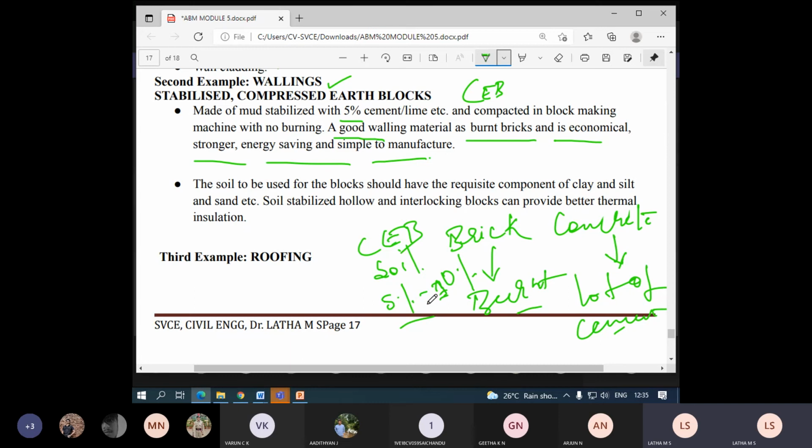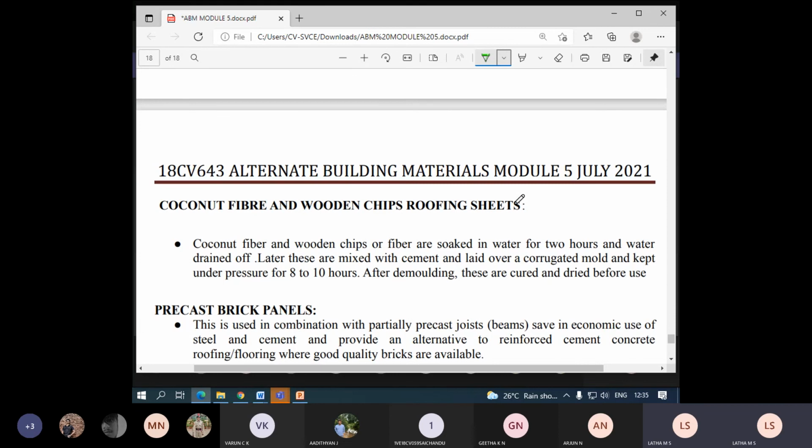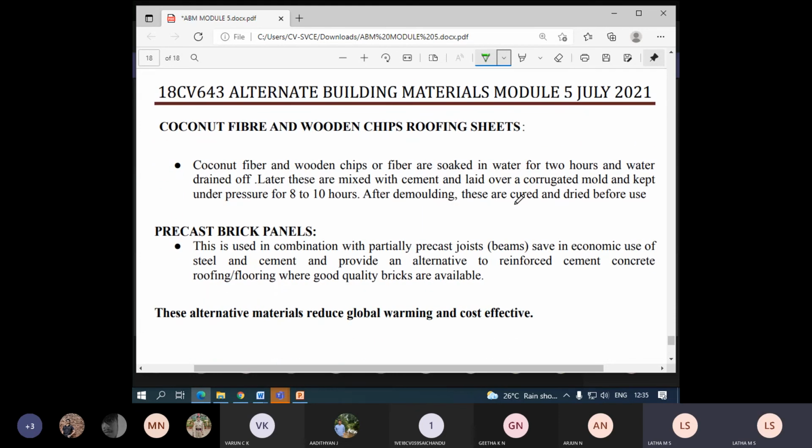The soil used for the block should have a requisite composition of clay and silt or sand. Soil stabilized, hollow or interlocking blocks are also available for thermal insulation. That is the second example. And the third example is a roof. Yes, this is a very good example. Remember, roof, coconut fibers and wooden chips, which is not common today, but for a temporary structure you can use the